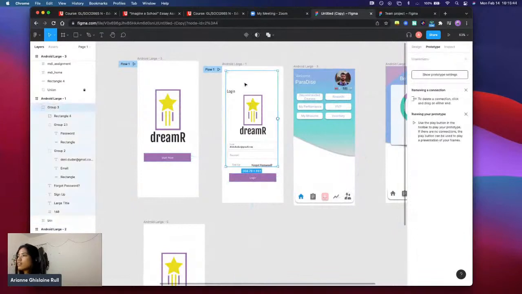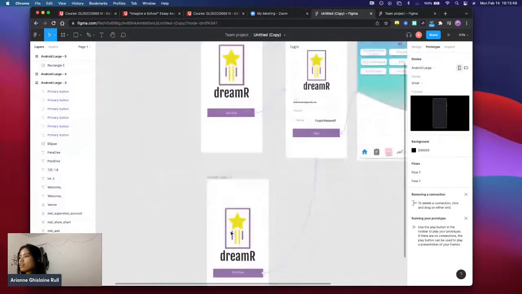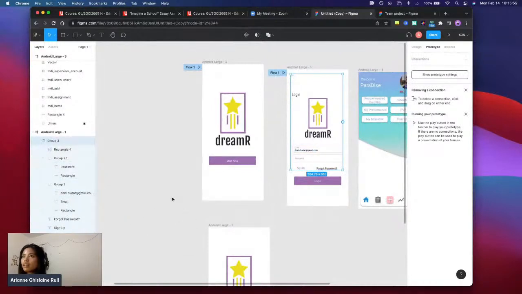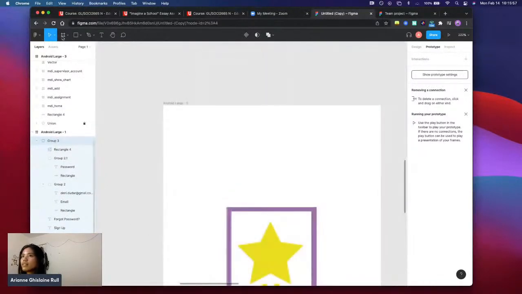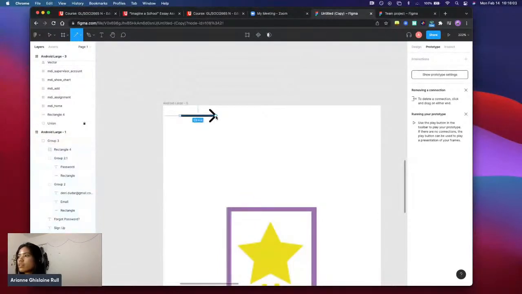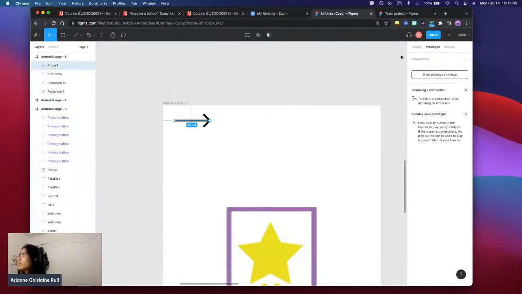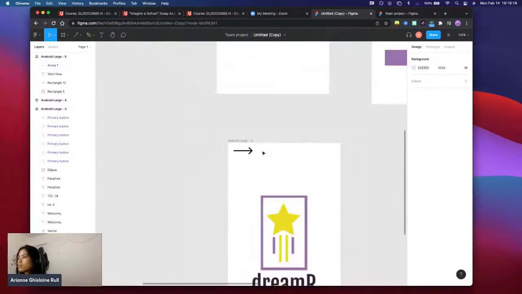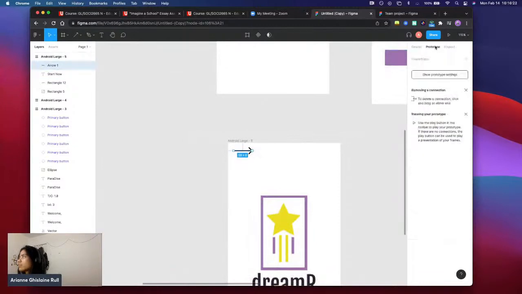And then, yeah, let's say you want to make this arrow, right? What you can do is you want to make an arrow. And then ta-da, you can change the width if you want a thicker arrow or you want a different dimension and stuff. You can also connect the prototype